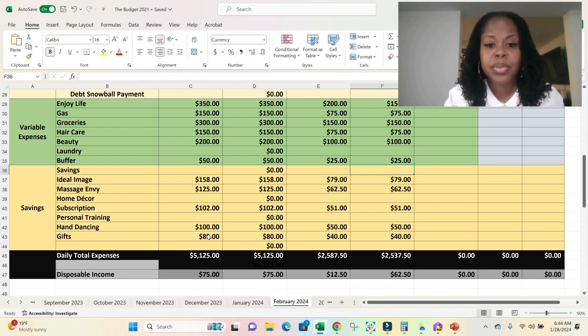So that plus another 80, 160 will be good there. Alrighty, so as you see, I have an extra $75 left to budget, and I really have nothing else going on. So this $12.50 from the first check, do I need to do anything else?